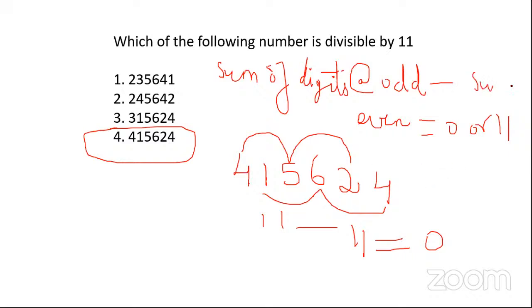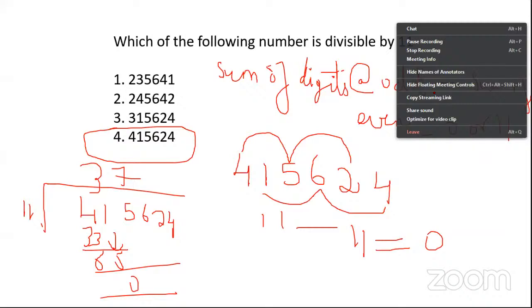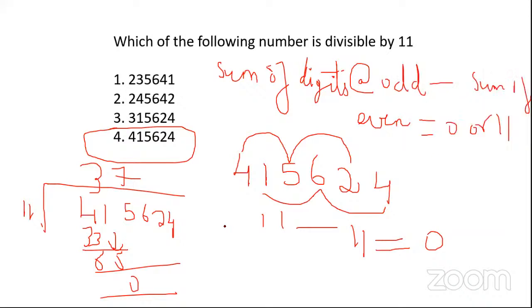Don't use the normal division method. It takes time. With the 11 table, 11 threes are 33, balance 85, then 11 sevens are 77. This is also divisible, but it takes more time. This is very simple. So have a glance, students. One person has answered. Akshay Kumar, option 4. Excellent. Very good. So others, you can make a note of this trick.